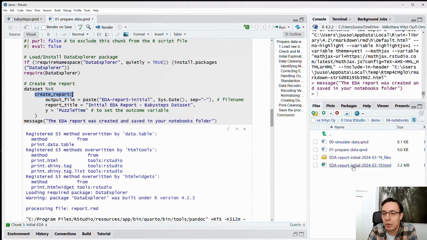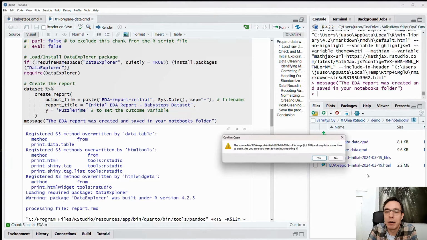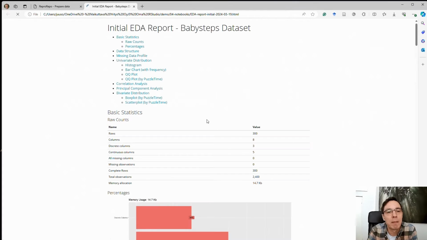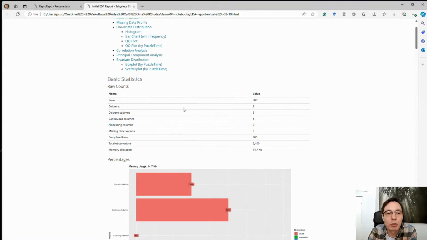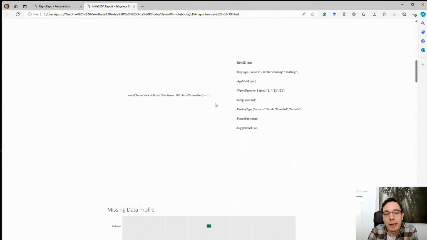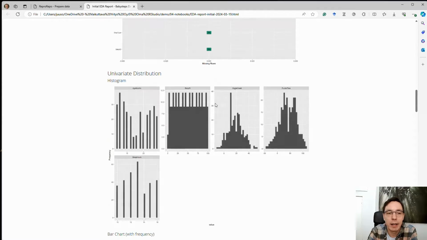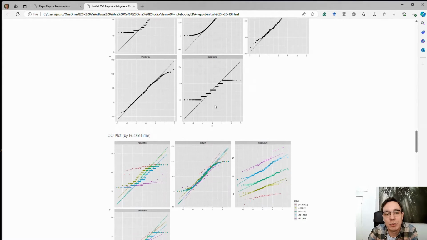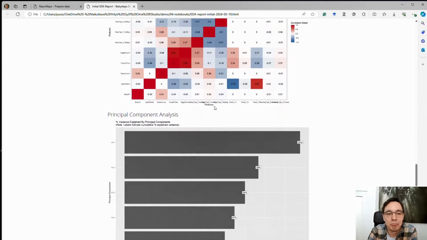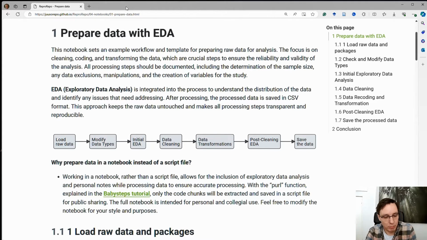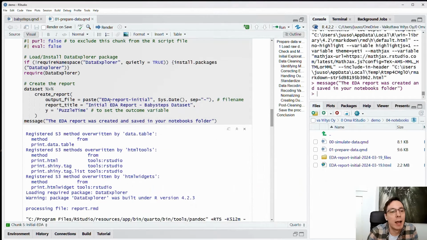Okay, now it's done. We can open it not in the editor, sorry, but in the browser, right? So this is what the EDA report looks like. We can see the structure of our data, missing data analysis, distributions, and ggplots, and then correlation, stuff like that. All right. So back to RStudio, and